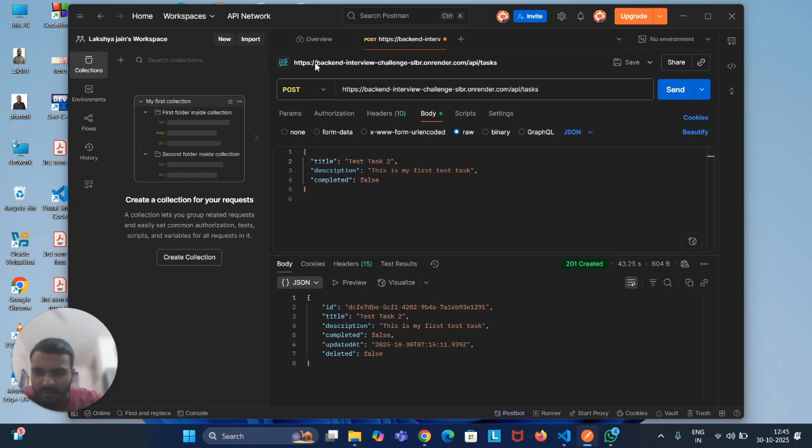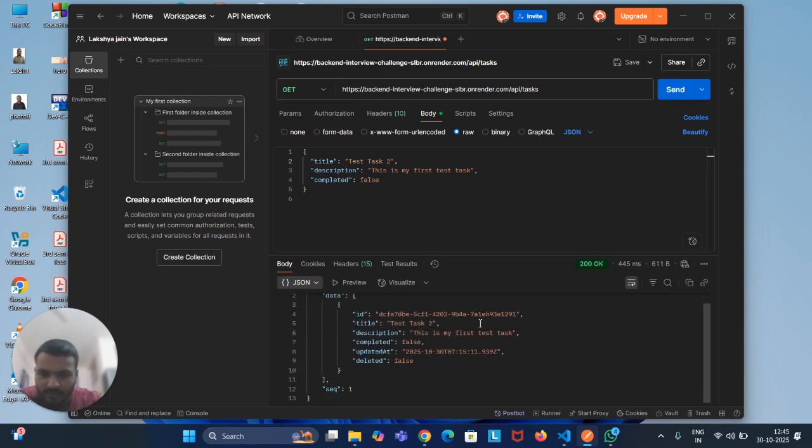Now we use the GET call. Previously also I added a task. So if I send the GET request again, we can see that the task has been added to the list. So the API is working perfectly. So that's my short walkthrough on the backend API project, and I explained the code structure, deployment setup,